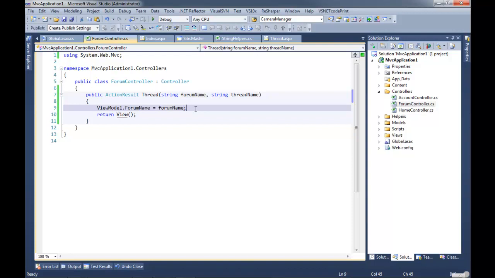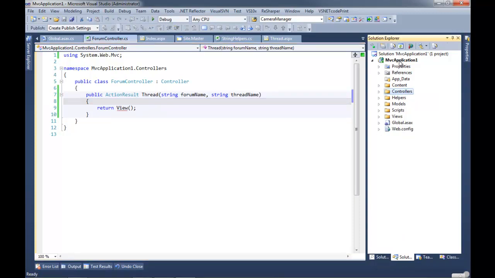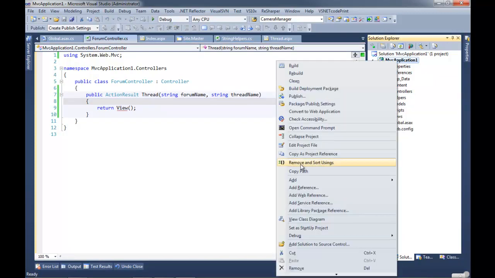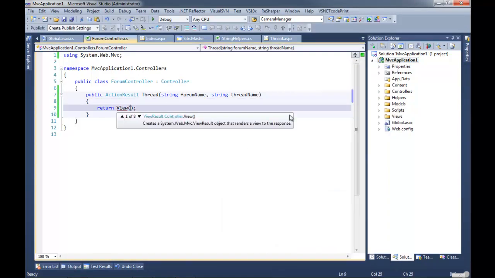So now we get to talk about strongly typed views, and I will always use strongly typed views. Or I don't want to say always, but pretty much all the time. Always, just not always. No, I always will do it. Yeah. No, I can't say always, but I never won't do it.